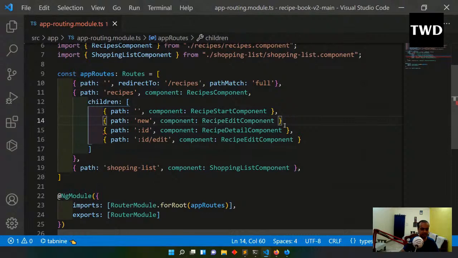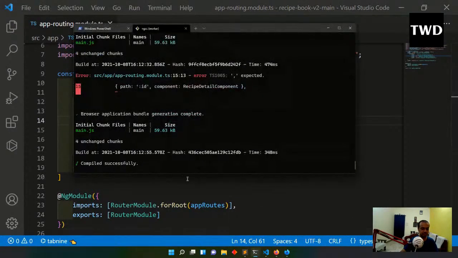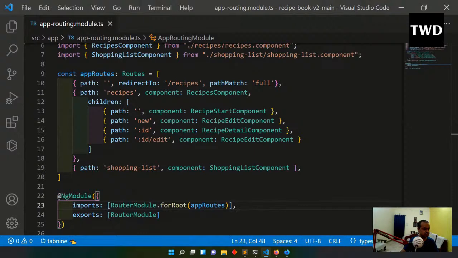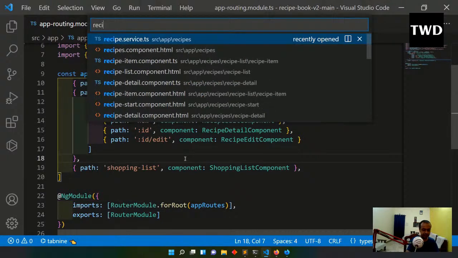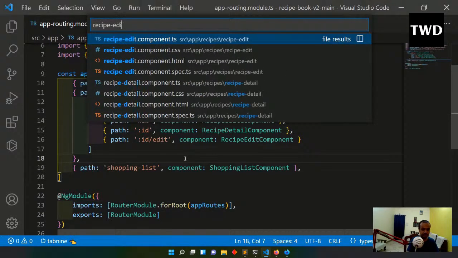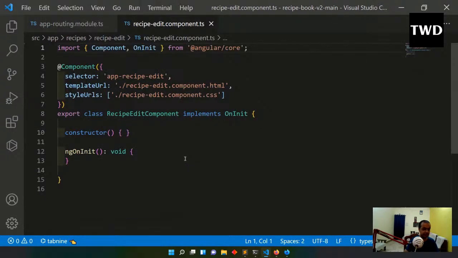Okay, this comma is expected here. Okay. Now no error is there. No error, it compiled successfully. So now we are going to go to the recipe-edit.component.ts file, which